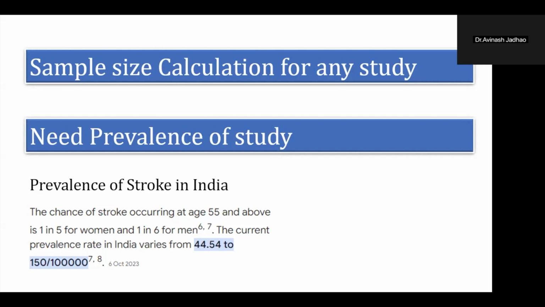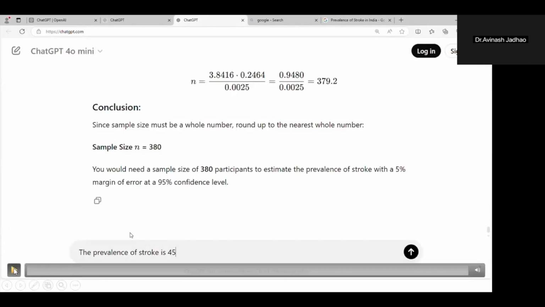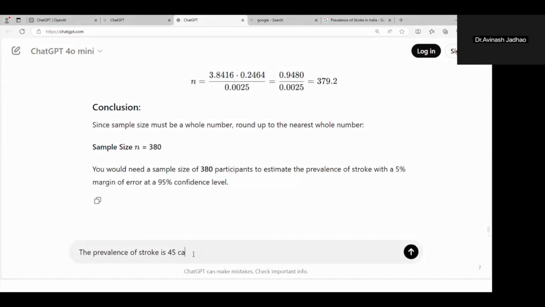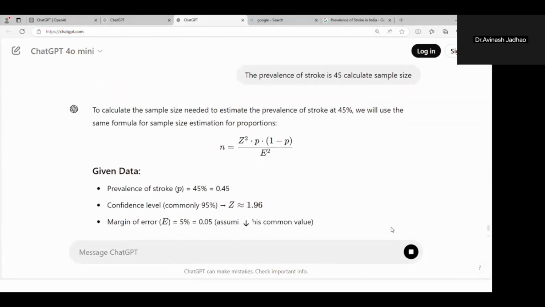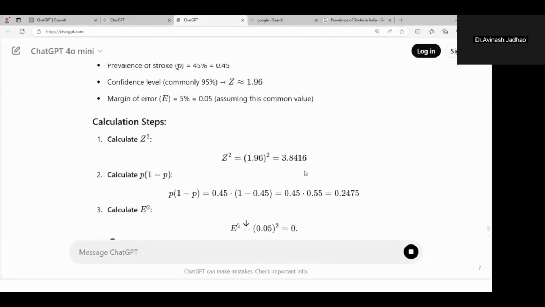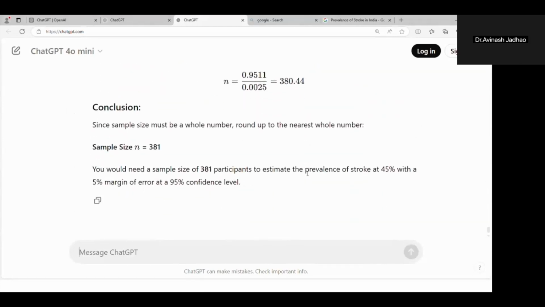And this prevalence of stroke, you can paste here, and you can give the command, calculate sample size for my study. ChatGPT will automatically calculate the sample size for your study. You can just copy and paste, and that will be your sample size. You can even paste the formula of how it was calculated, so you can put it in your research protocol.